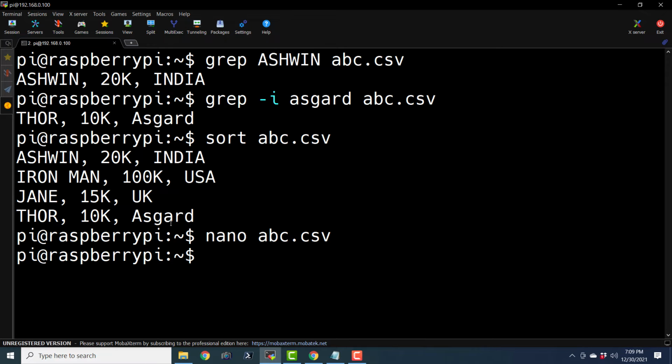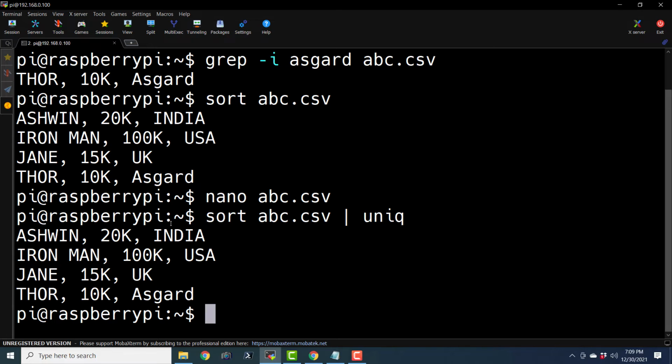And X. And I can say sort abc.csv unique, and it is going to show us the unique rows in that entire data set. Okay. So this is how we can use unique with pipe with sort in order to see the unique data.